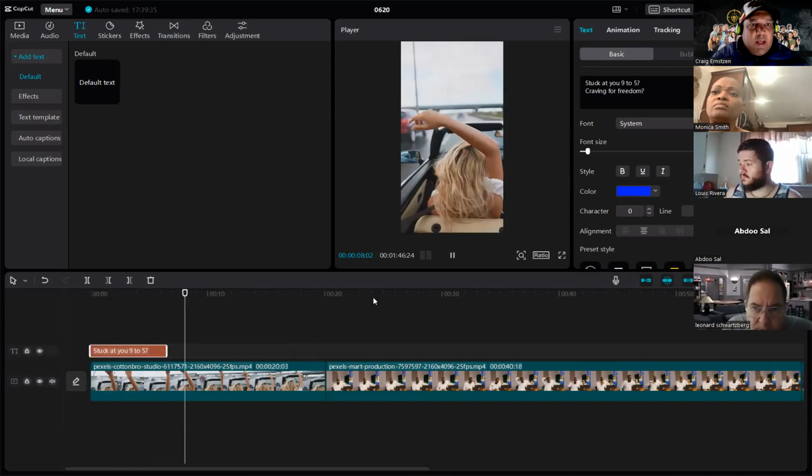So again, you're going to click on text, click on the plus next to default text, and then move it along where you want the text to appear on your video. And on the right-hand side, you just type in there. So you can say, most people are stuck